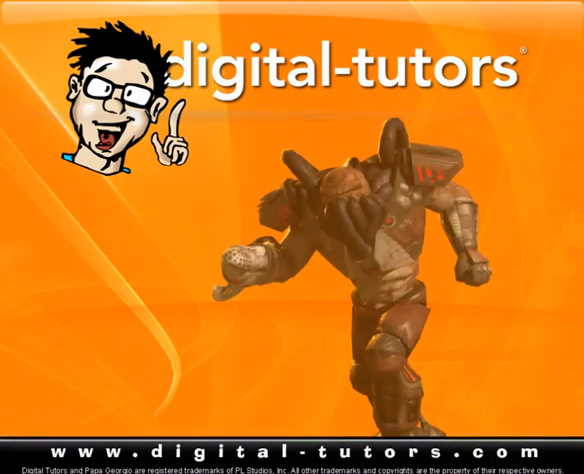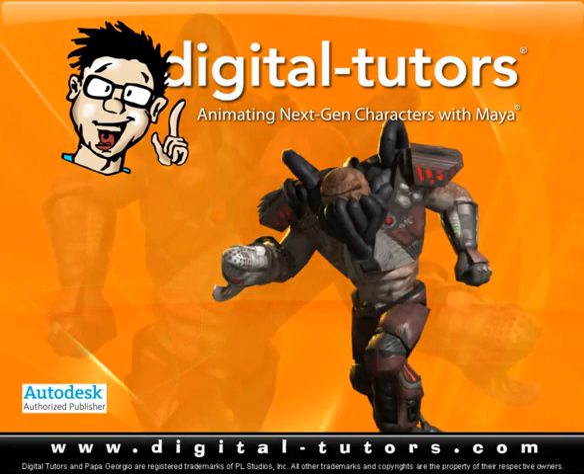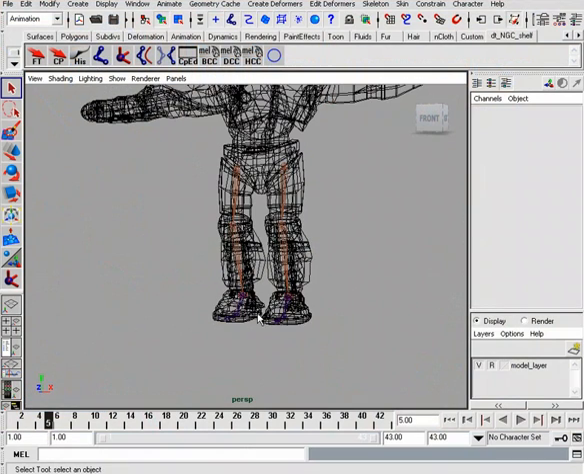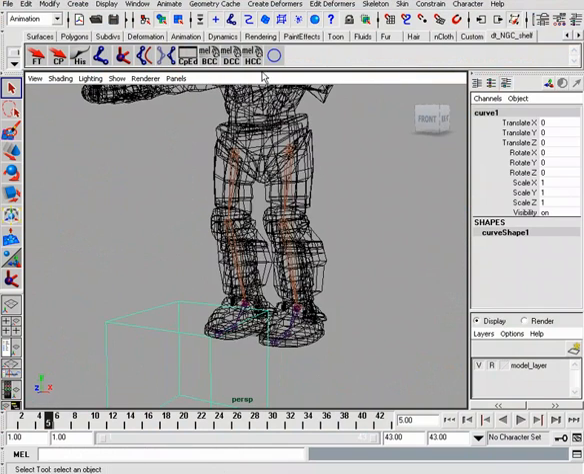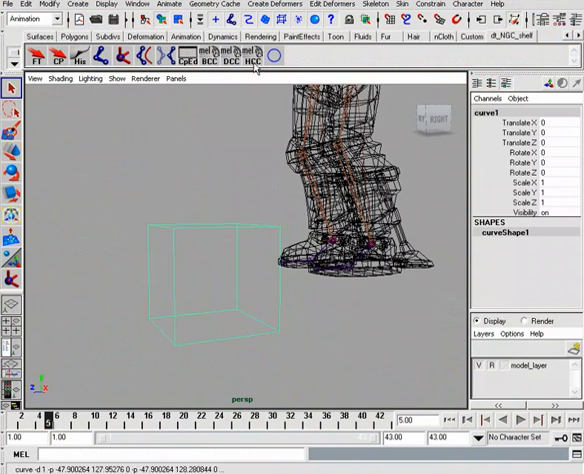Let's start creating control objects for the character's legs. We'll start by making the main control for the leg. We can use a box control curve for that. So we'll go ahead and create one, and notice how quickly we're able to do that now using these meld